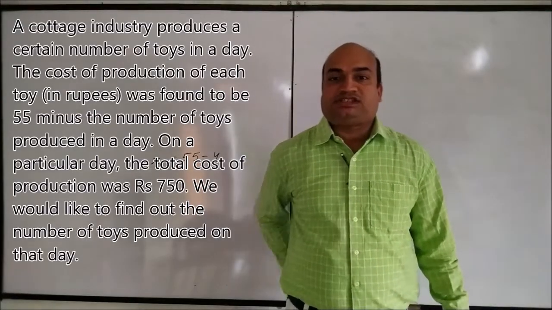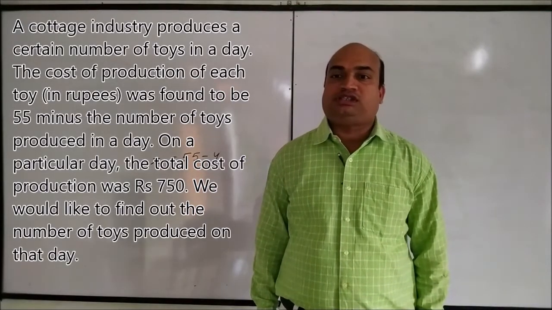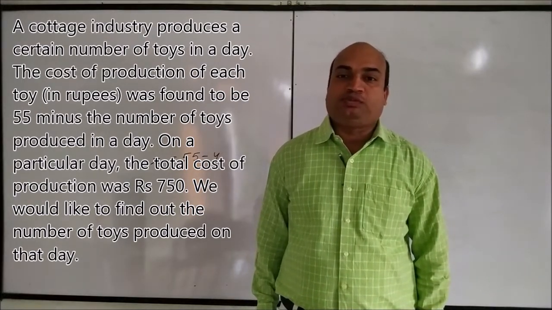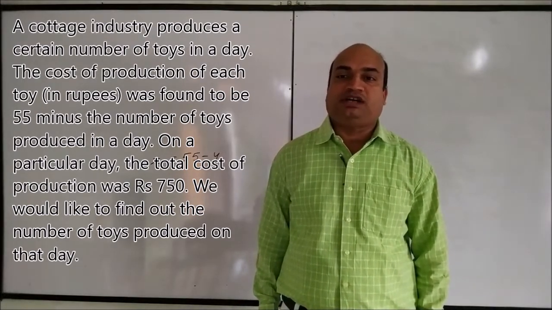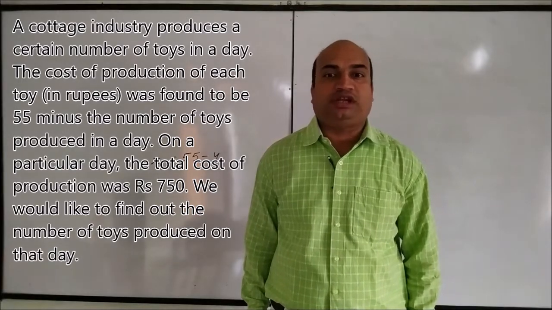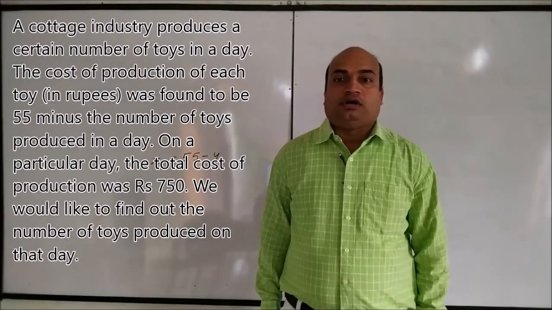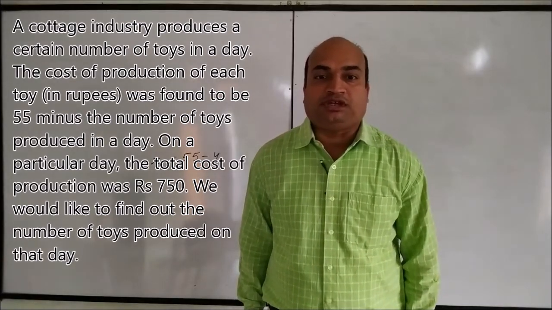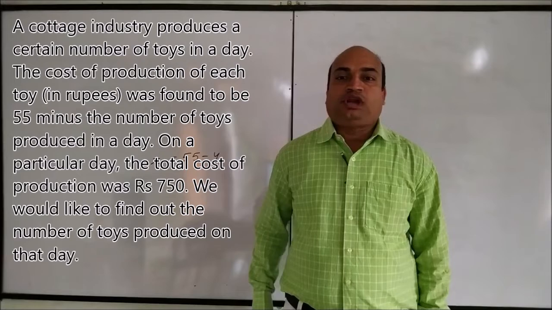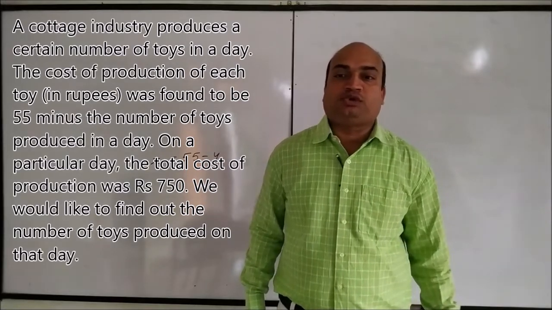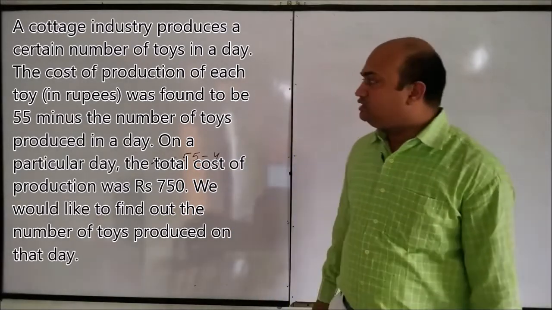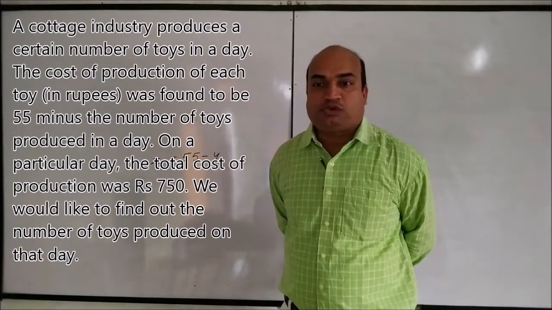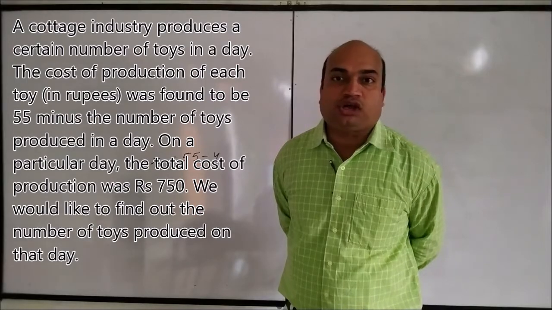A cottage industry produces a certain number of toys in a day. The cost of production of each toy in rupees was found to be 55 minus the number of toys produced on that day. On a particular day, the total cost of production was 750. We would like to find the number of toys produced on that day. We will consider that on that day, x number of toys are produced and the cost of each toy is rupees